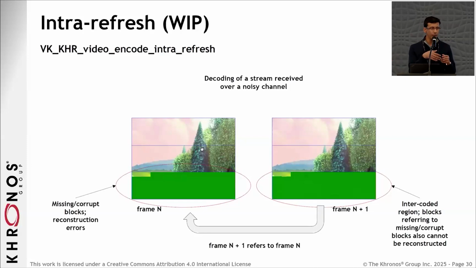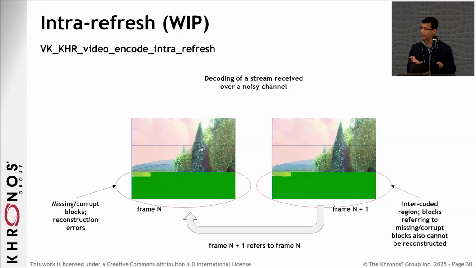And so what you need is a way to break the propagation of errors. So you have propagation of information, which is what interprediction depends on, but then that also has a propagation of errors, and you need a way to break that pattern. So one of the easiest ways to do this is to introduce a frame which acts as a boundary. And that frame is coded by what is known as intra prediction. So that frame doesn't refer to anything else. It's compressed using the data within the frame itself.